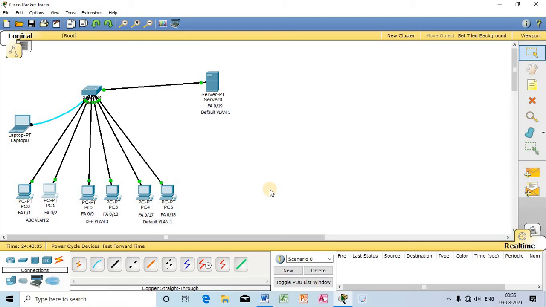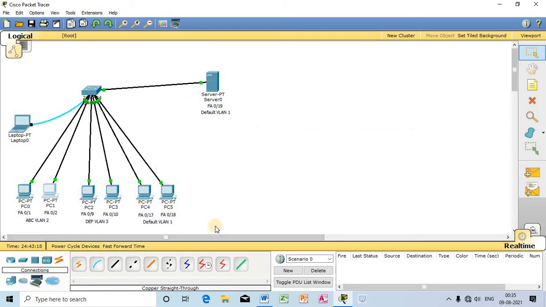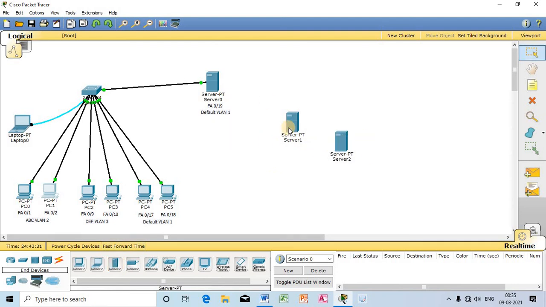But okay, one thing we can do, we can take 3 separate DHCP servers, and those 3 separate DHCP servers we can connect in 3 separate VLANs. Let us observe, if we take 3 separate VLANs and one by one connect those VLANs.